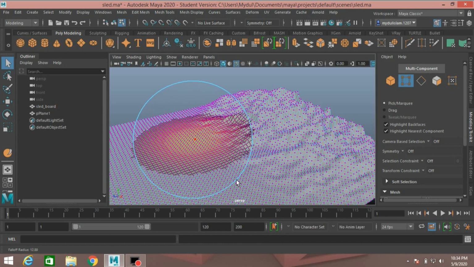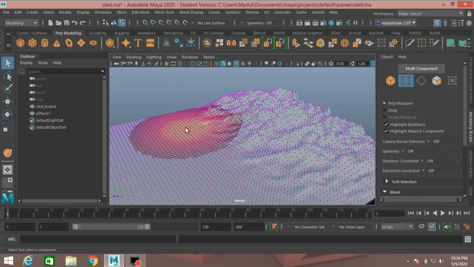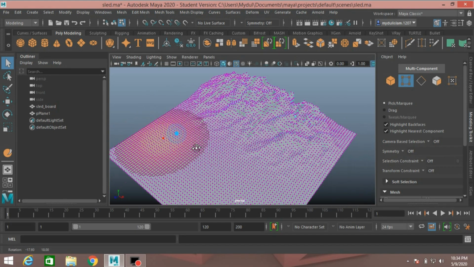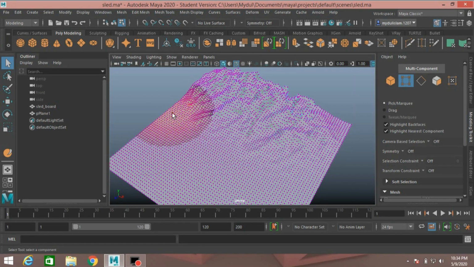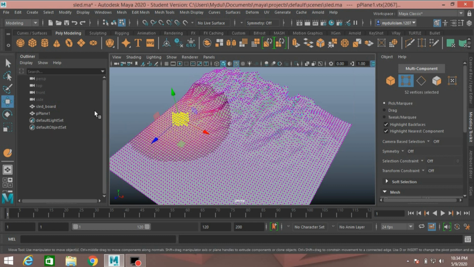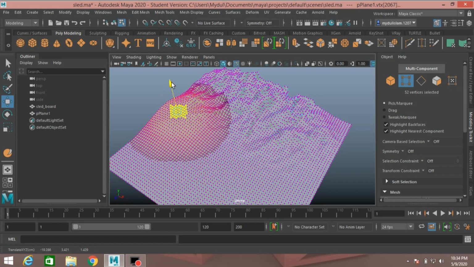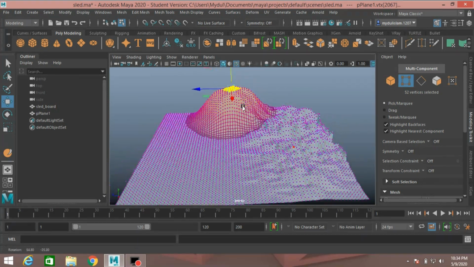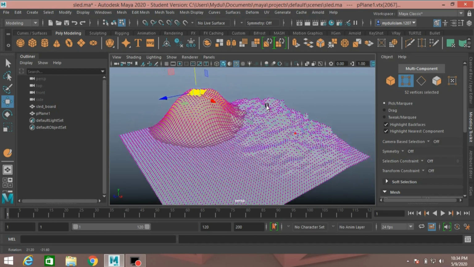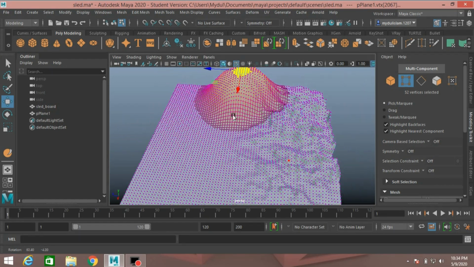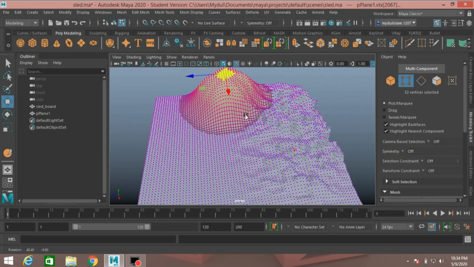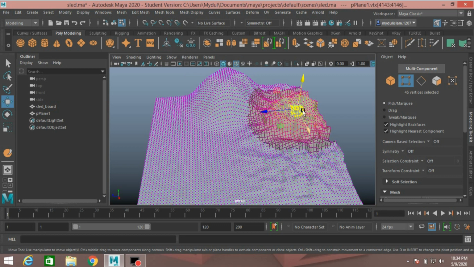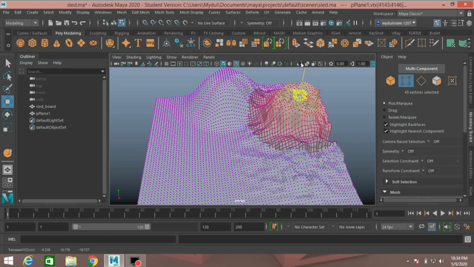See, select this vertex and move it up just like this. Select this vertex and move it up just like this.